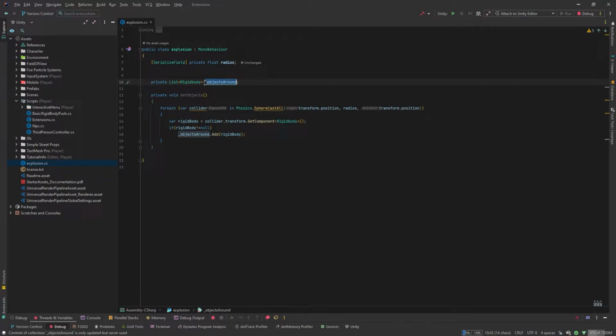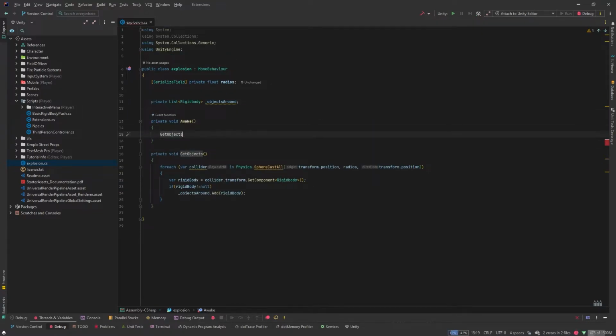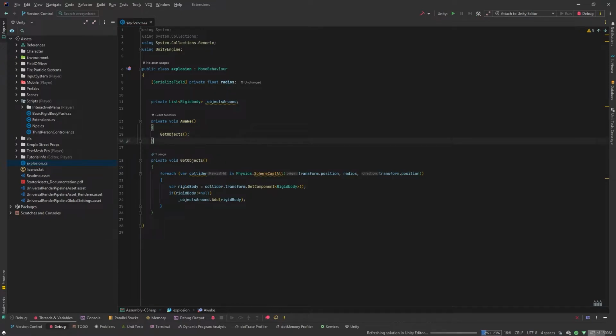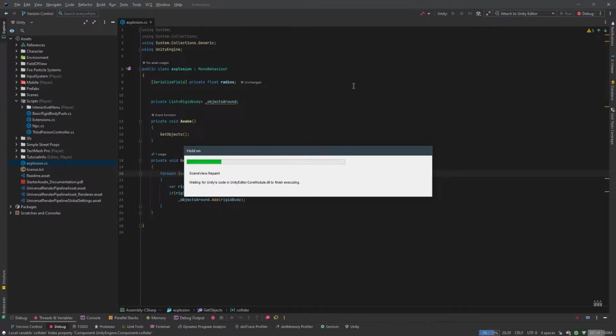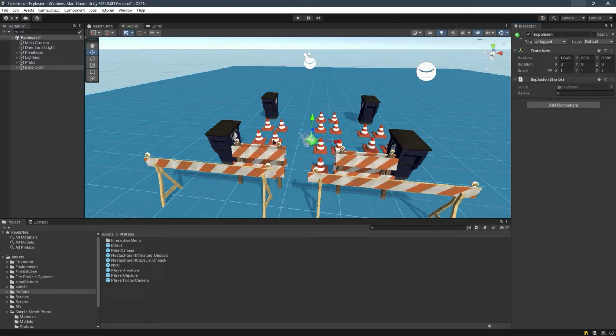So now we have a list, we have a function which checks all the objects around our center point. So let's call this function. Okay, so good. So now let's see what we have here. Oops, Unity didn't open. Updating. Okay, so now we need to continue with the explode effect,